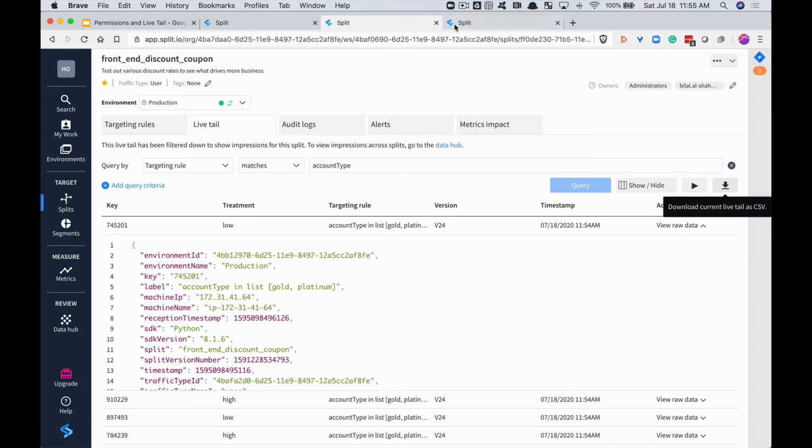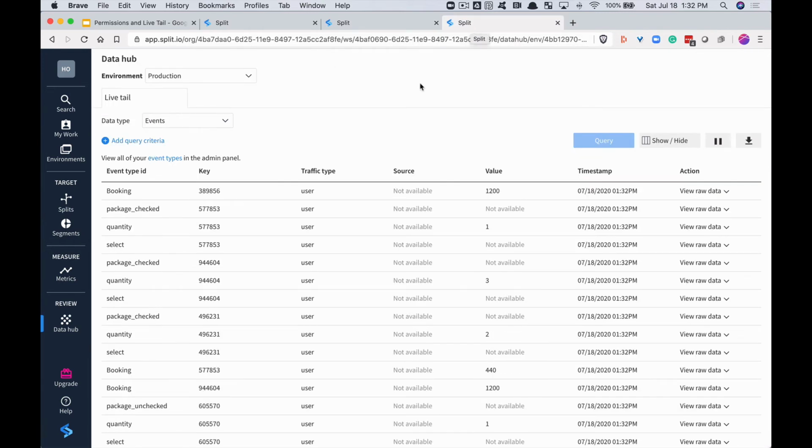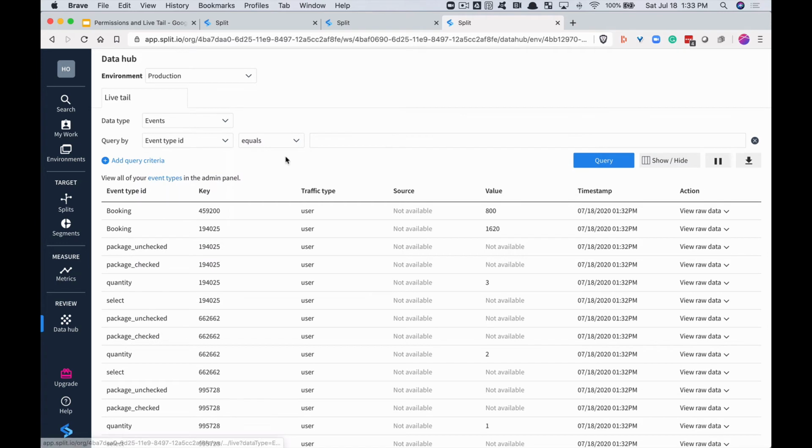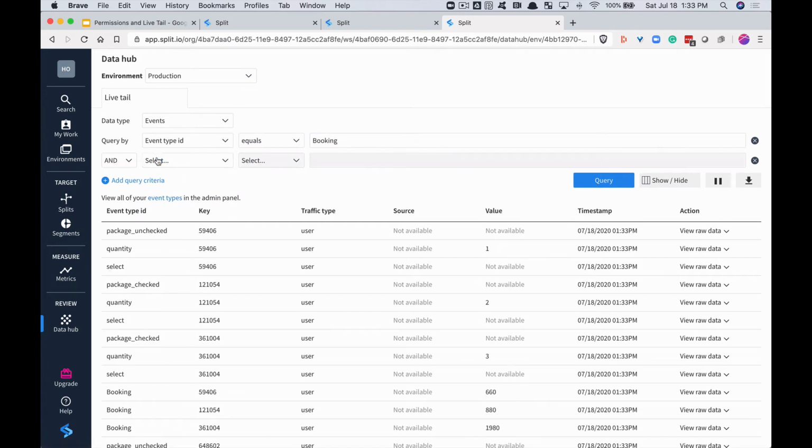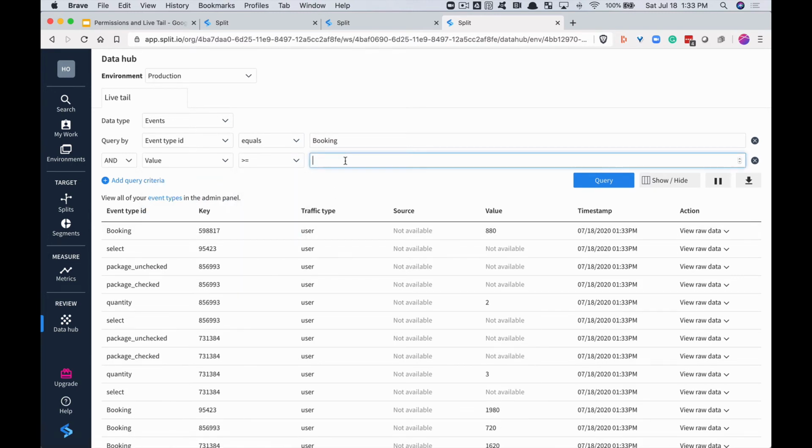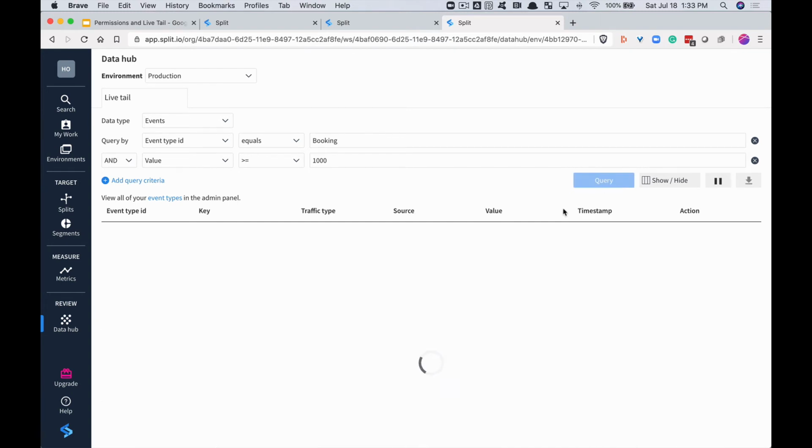Let's look at events. And we can see our events are flowing in. Over here, the event types are available to us. And we can do what we've done before, which is essentially maybe there's a particular event type that we're interested in, like booking. And we want to also look at those bookings where the value was greater than or equal to $1,000. So we want to see the bookings for those specific events. So we press our query button, and now the events are going to be filtered to just the large value bookings. So as they come in, we're able to identify those,